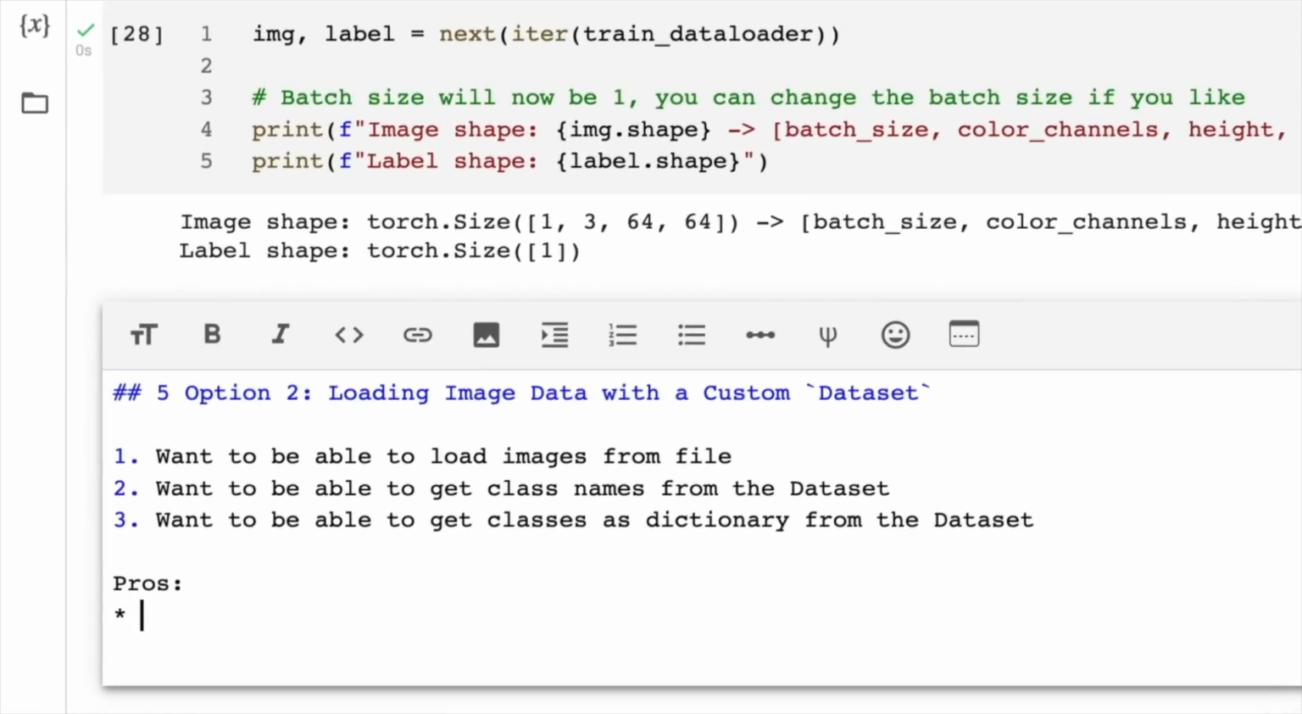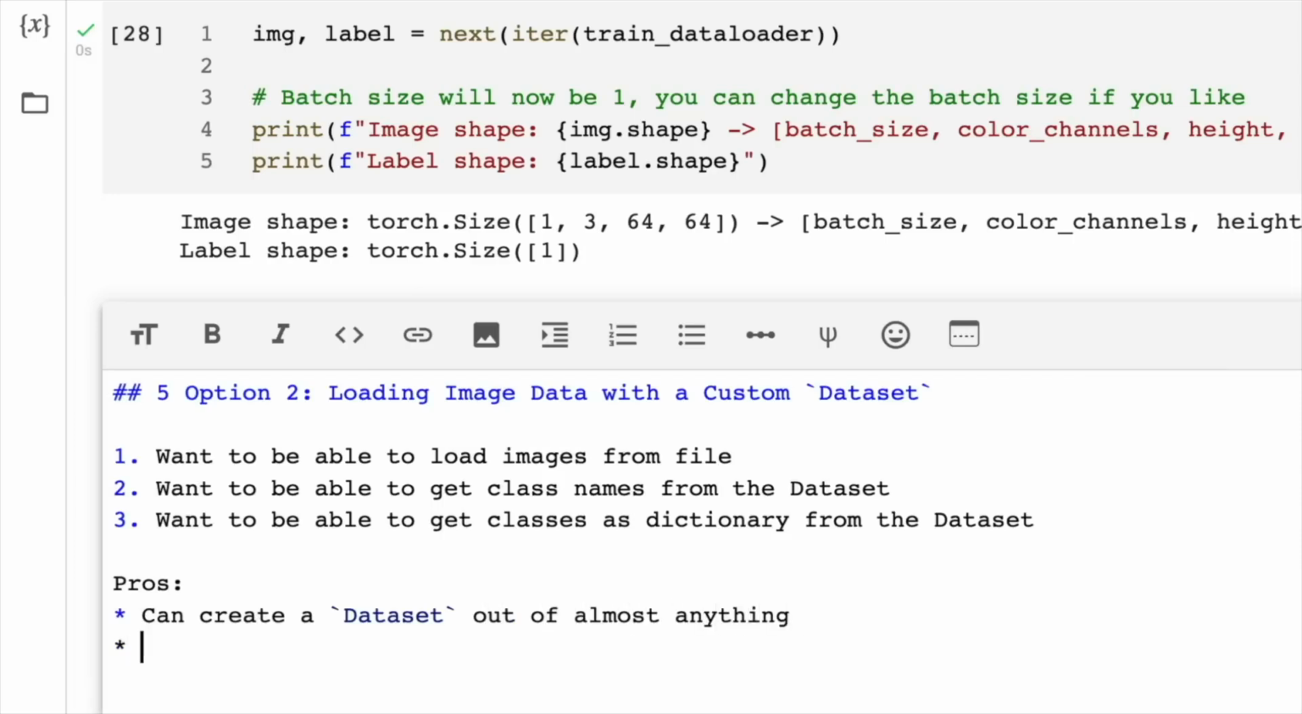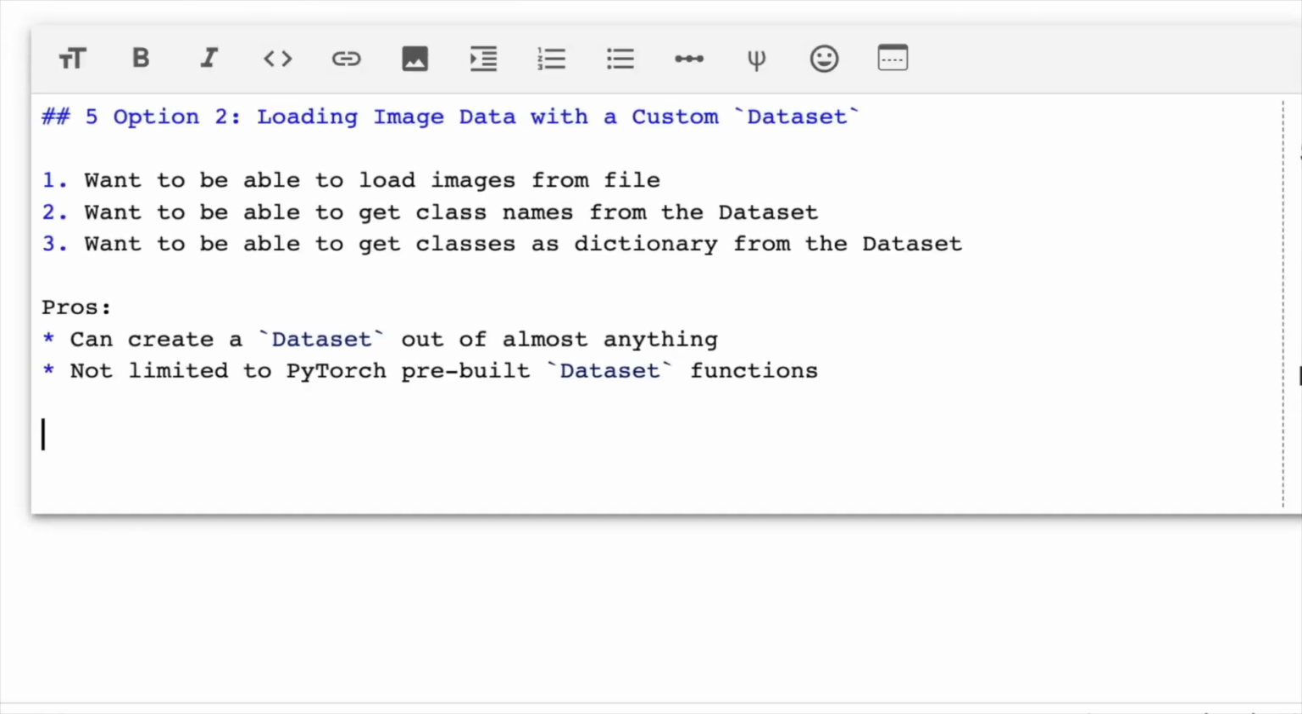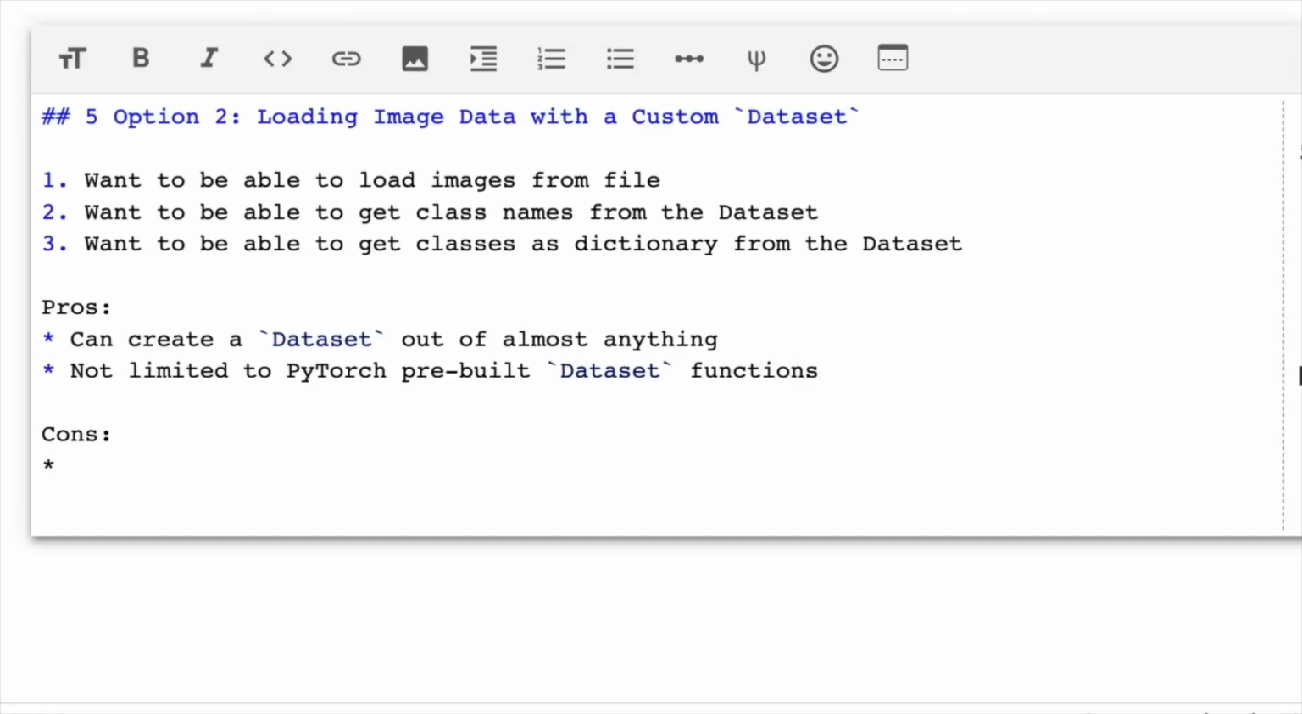So one pro would be you can create a data set out of almost anything as long as you write the right code to load it in. And another pro is that you're not limited to PyTorch pre-built dataset functions. A couple of cons would be that